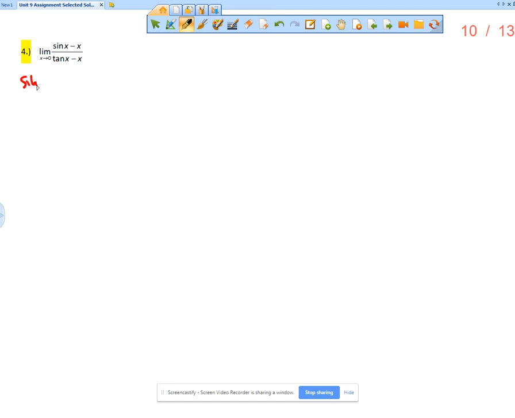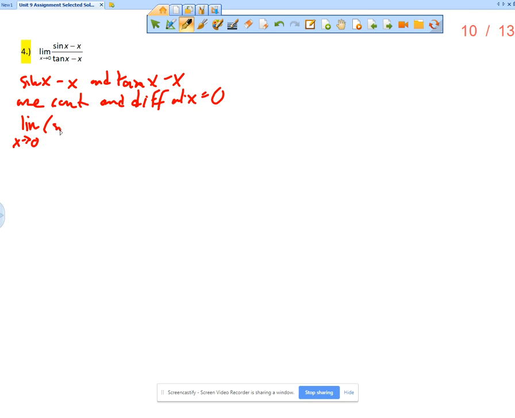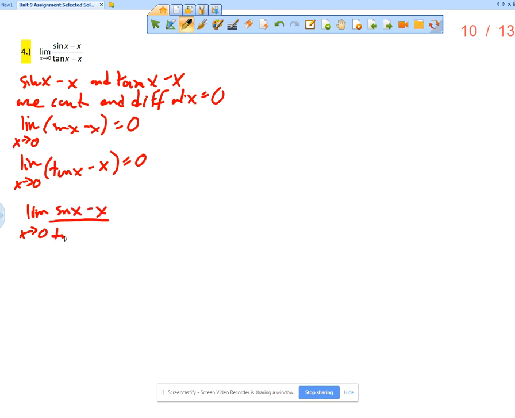All right, so then we need to make sure that we can state that sine of x minus x and tangent of x minus x are continuous and differentiable at x equals 0. Once that is true, we can state that the limit as x approaches 0 of sine of x minus x is 0, and the limit as x approaches 0 of tangent x minus x is 0. So if that is true, then the limit as x approaches 0 of sine of x minus x over tangent x minus x is going to be equal to, according to L'Hopital's rule,